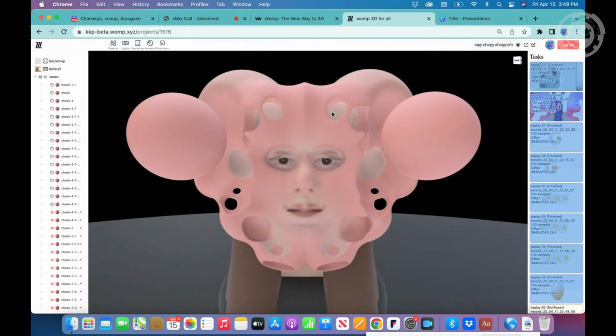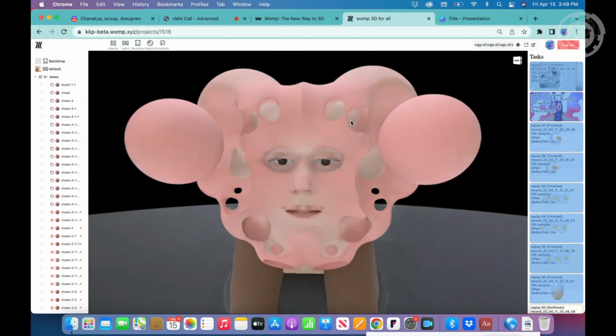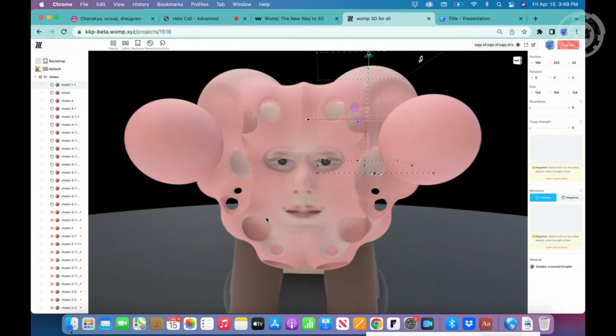Yes, someone's asking if we are a rendering tool. No, we're not a rendering tool. We are a creation tool that also renders at the same time. I suppose it's not really common to see rendering and creation at the same time, but we've combined both into a workflow that I like to call what you see is what you get.